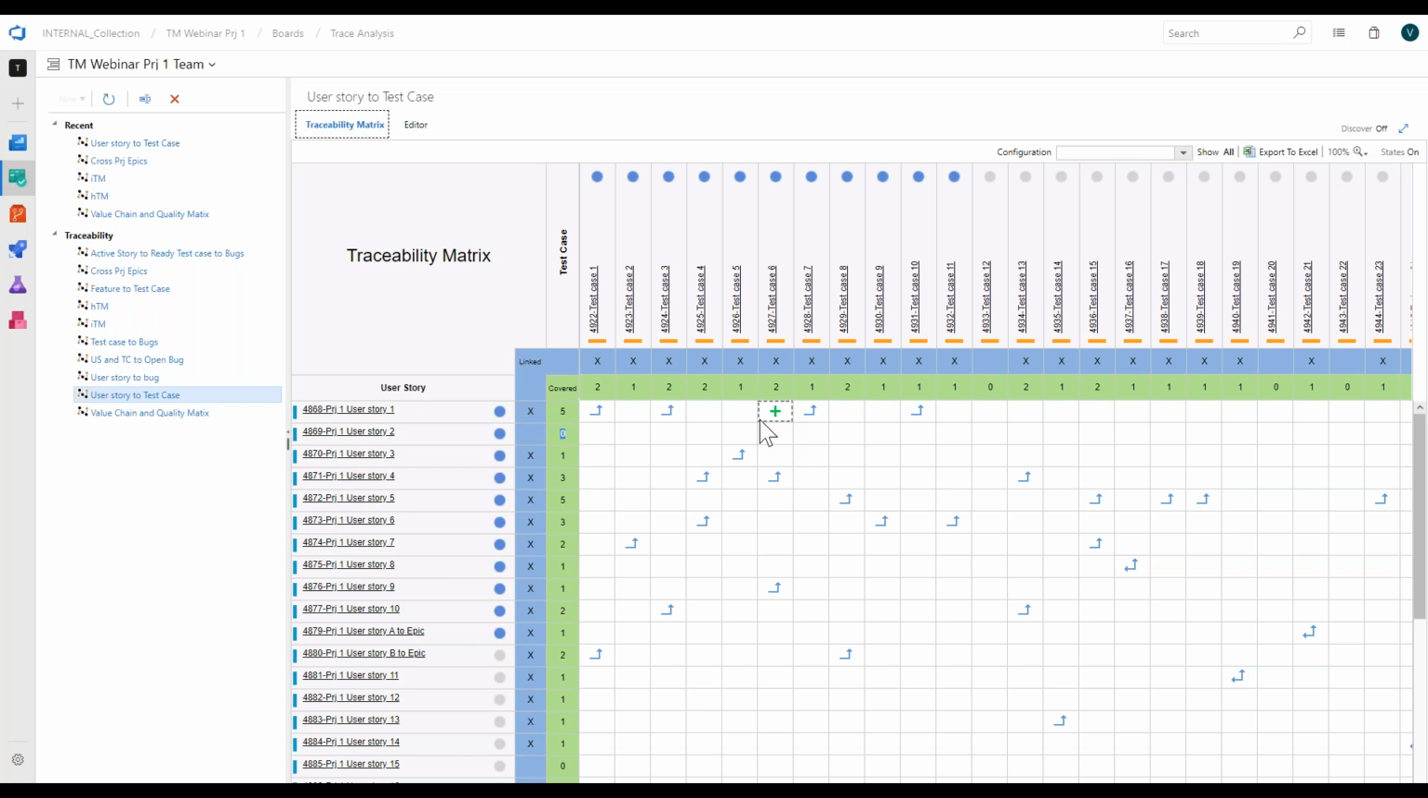So the reverse is true as well. You can see this test case has 2 user stories against it. So this covers 2 user stories. So you not only can you visualize like this, but you can even go and you can